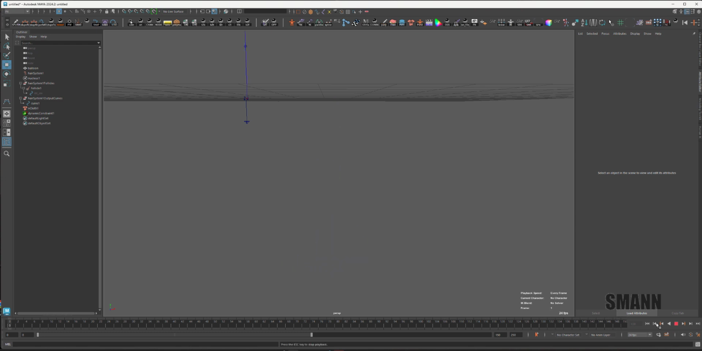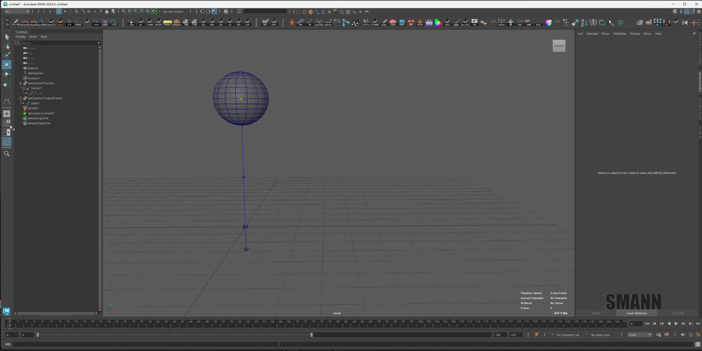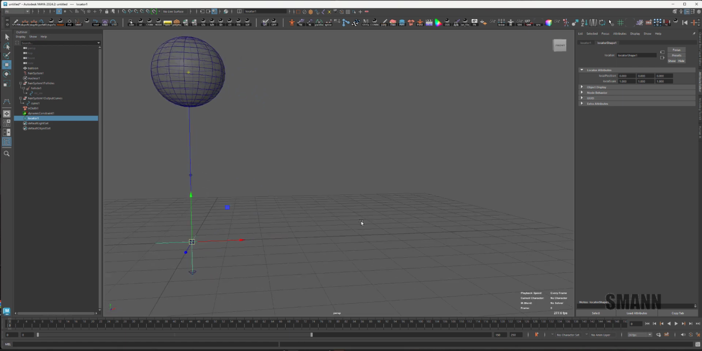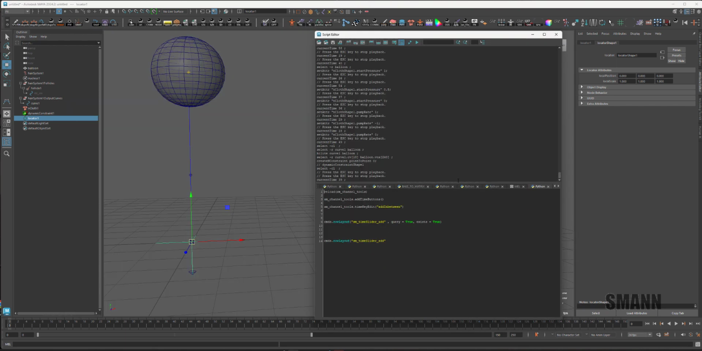There we go, it's attached. If I go in here and let's do a little animation. So what I'm going to do is just create a locator real quick. And this is just something I wanted to show. There's kind of a neat way to do really quick animations if you want just down and dirty